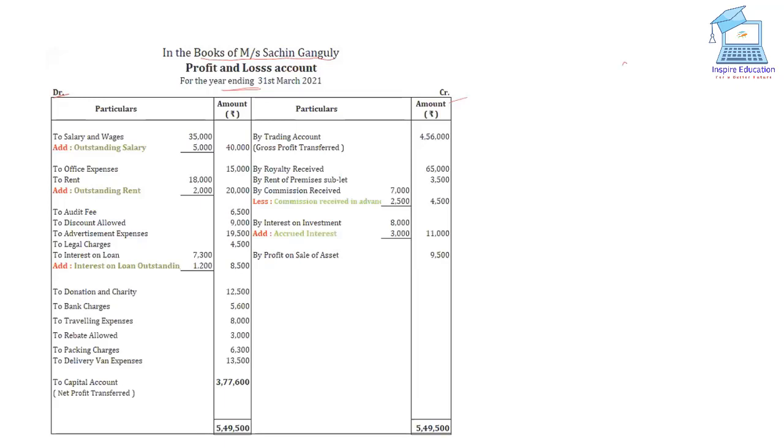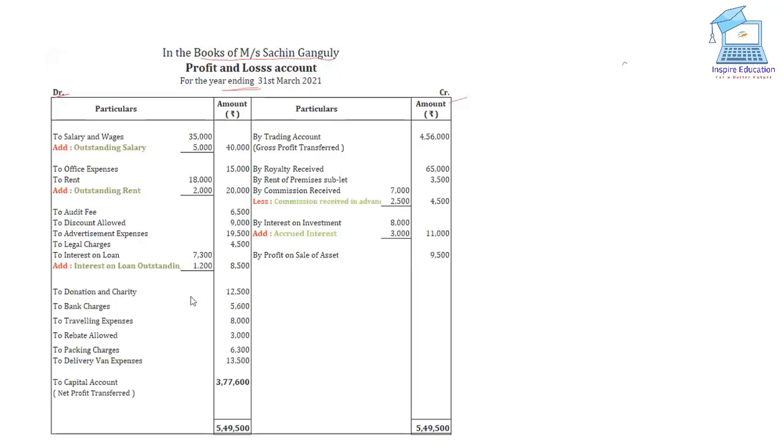I am not getting your point clearly. Sir, if we wrongly post a debit item into a credit item, then the net profit or net loss total will be different. Yes. So we cannot correct it in this profit and loss account, right, sir? Yes. Okay, sir. Identification is more important: what is debit and what is credit?